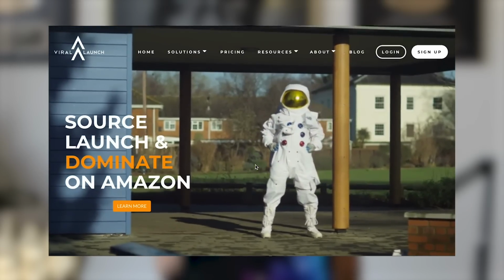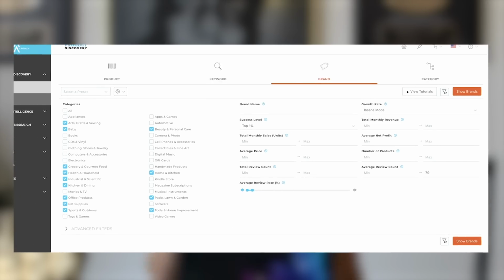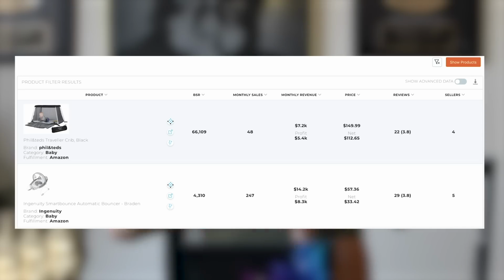So the tool that I use is called Viral Launch, and they have 2 pieces of software that are absolutely necessary when it comes to actually finding profitable products to sell on Amazon. The first piece of software is their web app, right? This goes through millions and millions of products on Amazon, and you can put different filters to actually see specific products. So for example, if you only want to see products in the baby section that have less than 50 reviews and sell on average more than $7,000 in revenue a month, you can literally put that into the filters and they will show you hundreds, if not thousands of results that match that exact criteria,